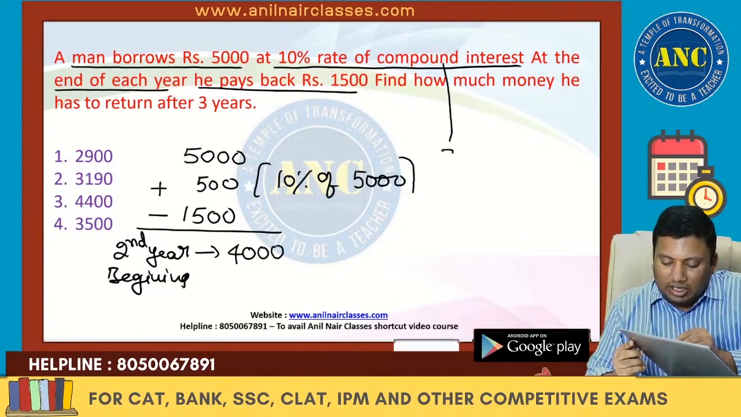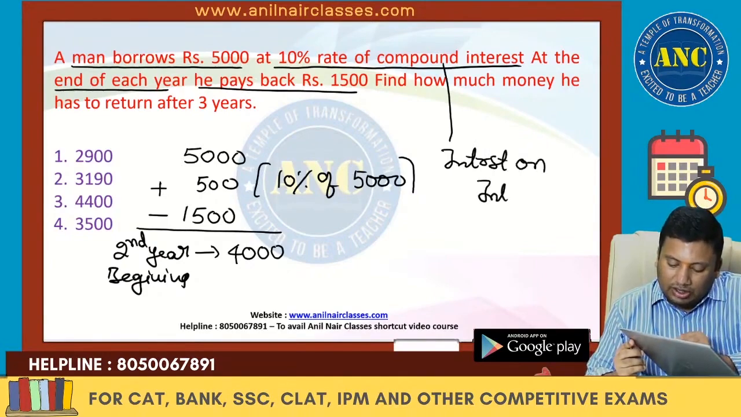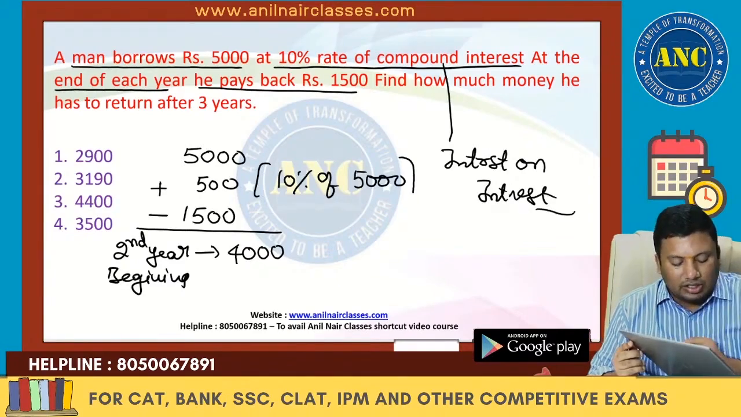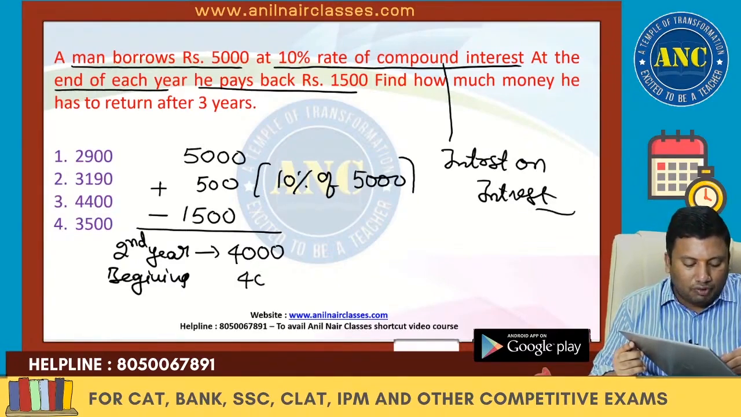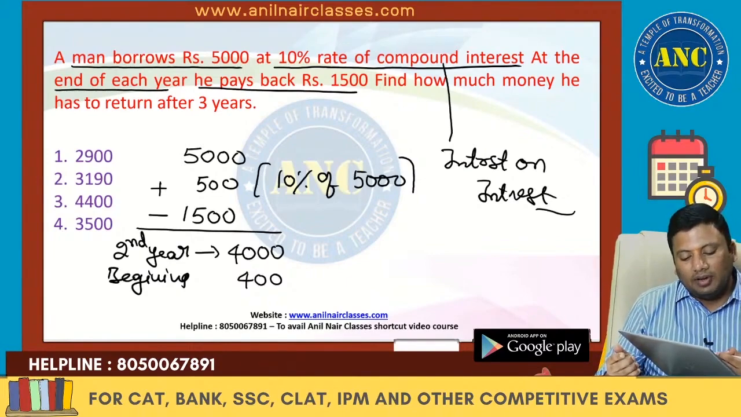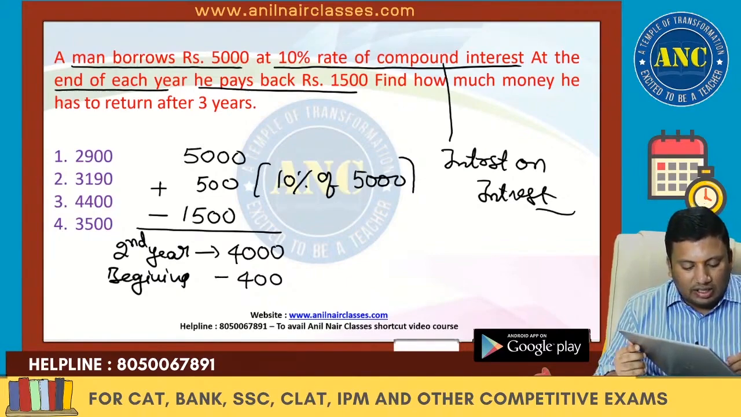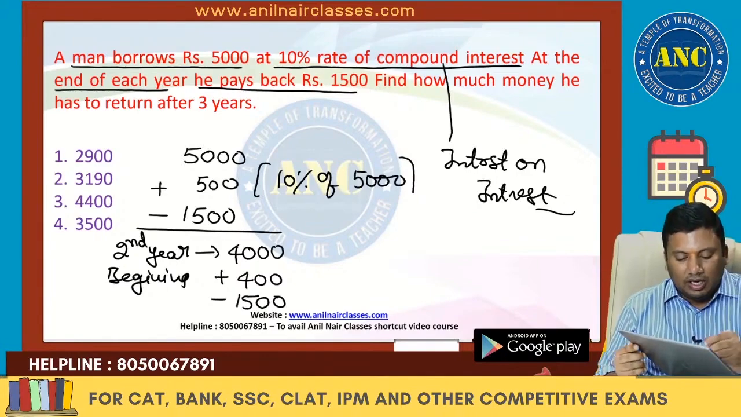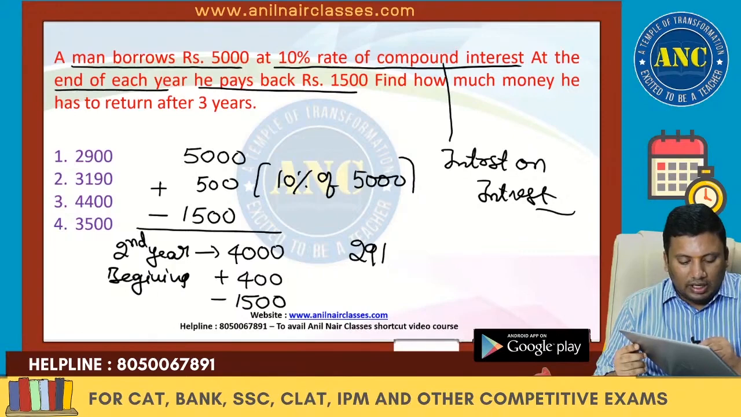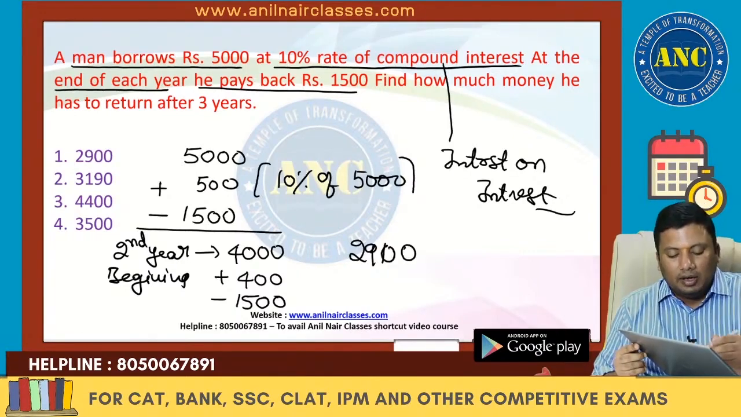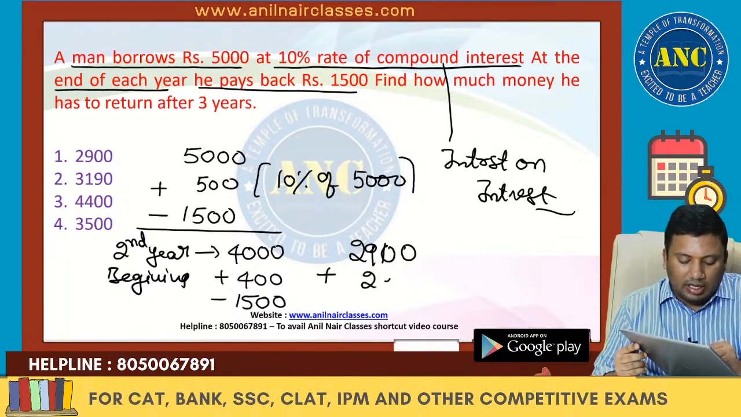Compound interest is nothing but interest on interest. So 10% of 4,000 is 400, which I will give extra, which is the interest. But again after the second year, I will give 1,500 back at the end of the year. So totally, how much did I give? 4,500. 2,900 remains. But on this 2,900, I should give 10% interest. So the answer is nothing but